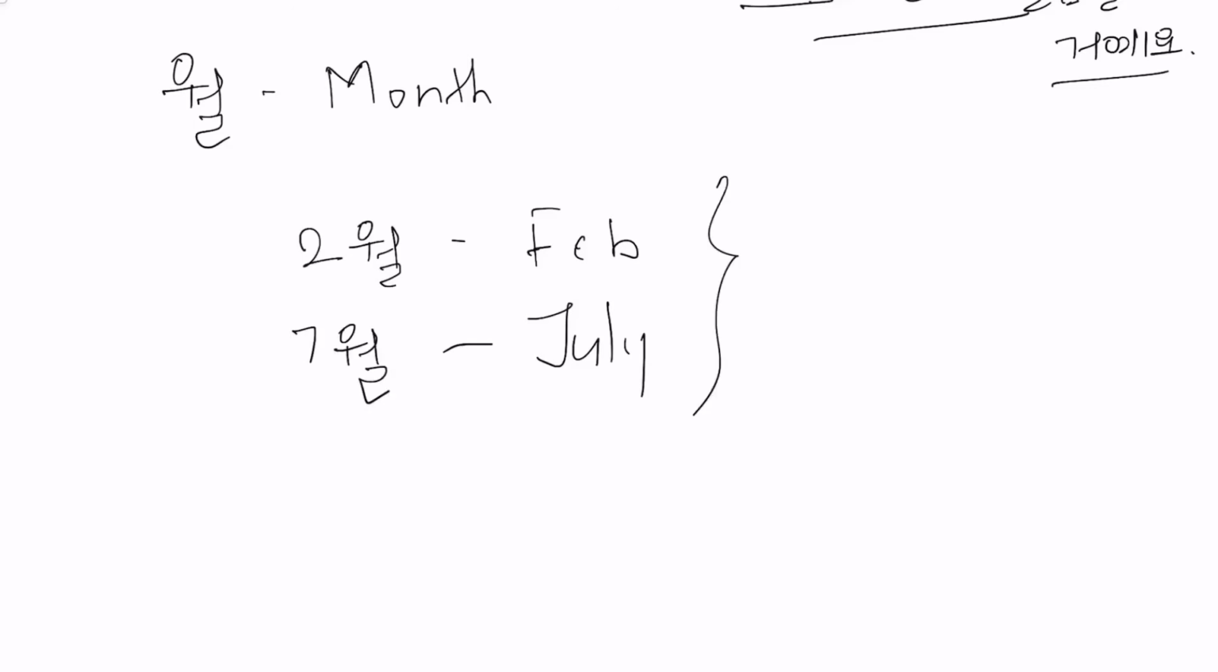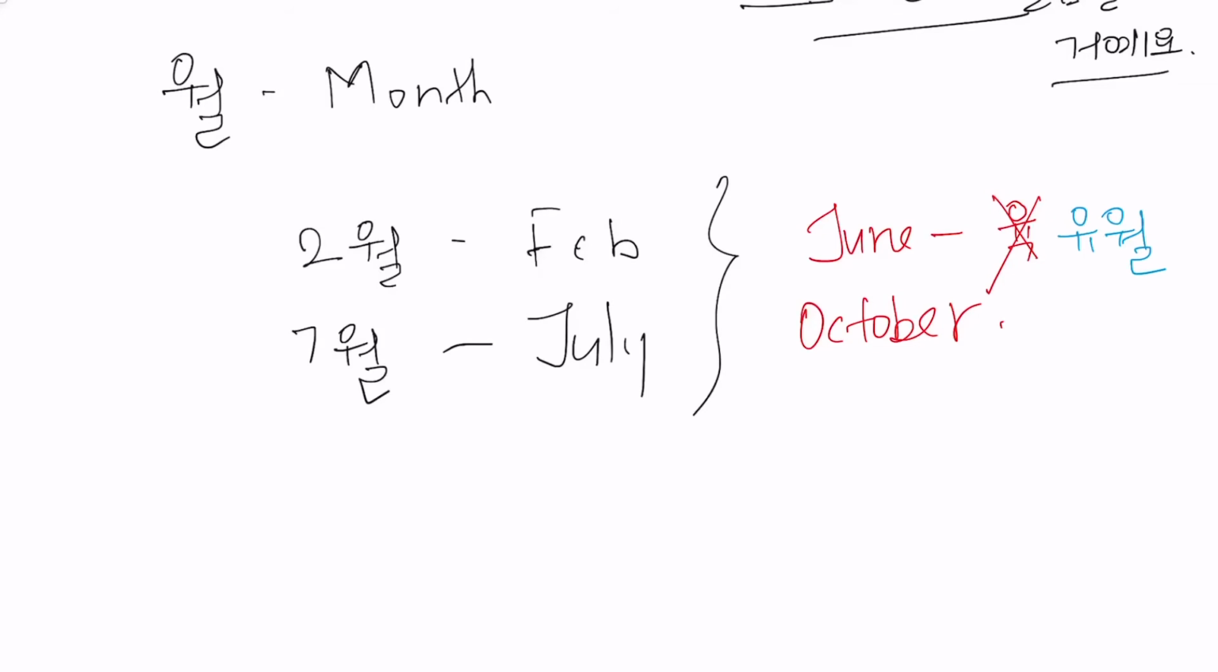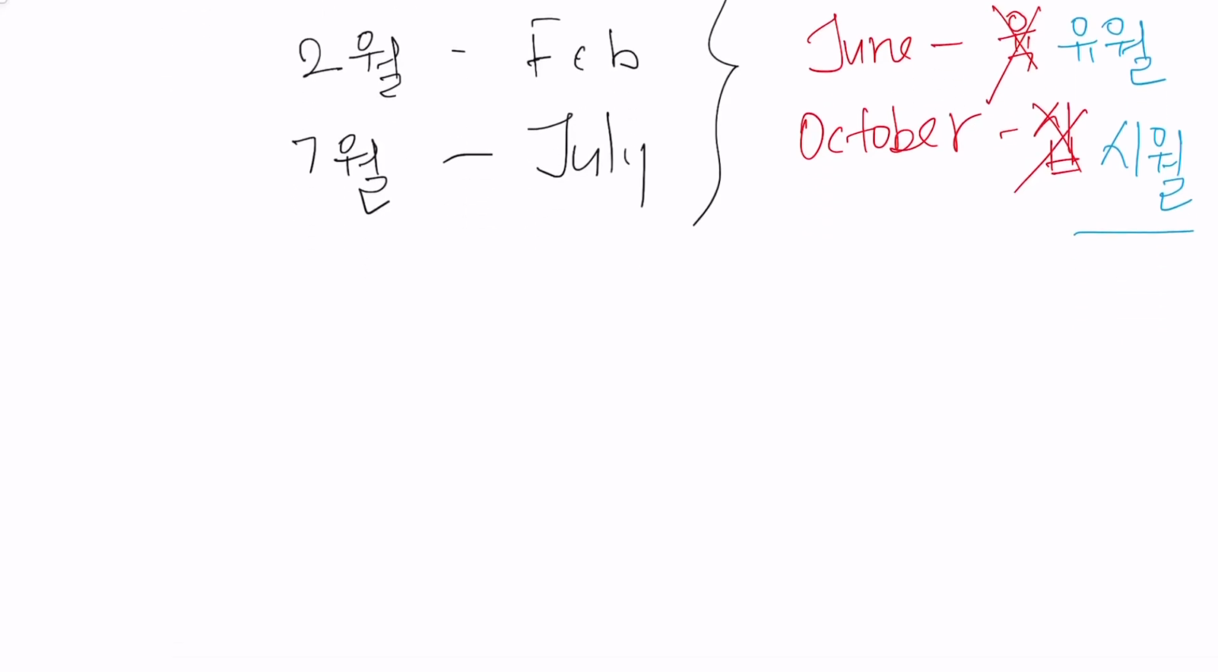So there are only two exceptions to this, and those are June and October. Technically June is 6 months, so 6 is yuk, right? So it should be yuk-wol, but no, it's not yuk-wol, we call it yu-wol. Similarly, October should technically be, because it's the 10th month, sip-wol, but no, it's si-wol. For the remaining 10 months, you can just put the Sino-Korean number before wol, and you will get the name of that month. So if you want to say that I came to Korea in August 2010,